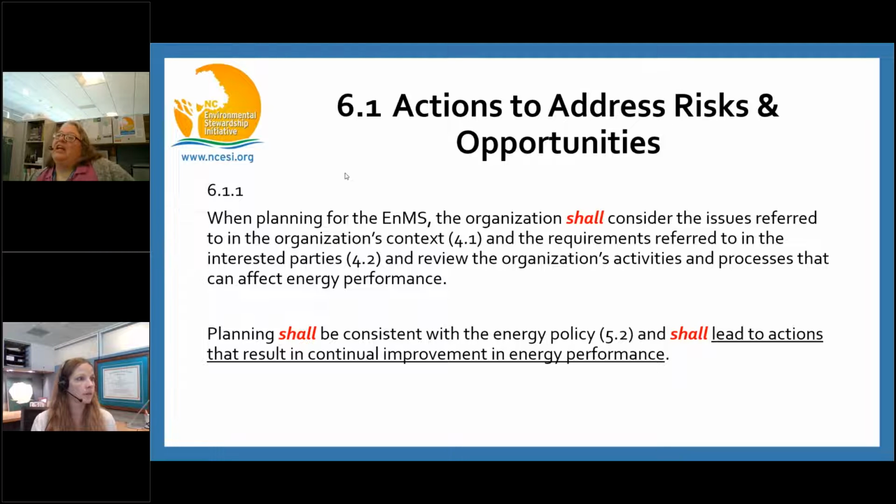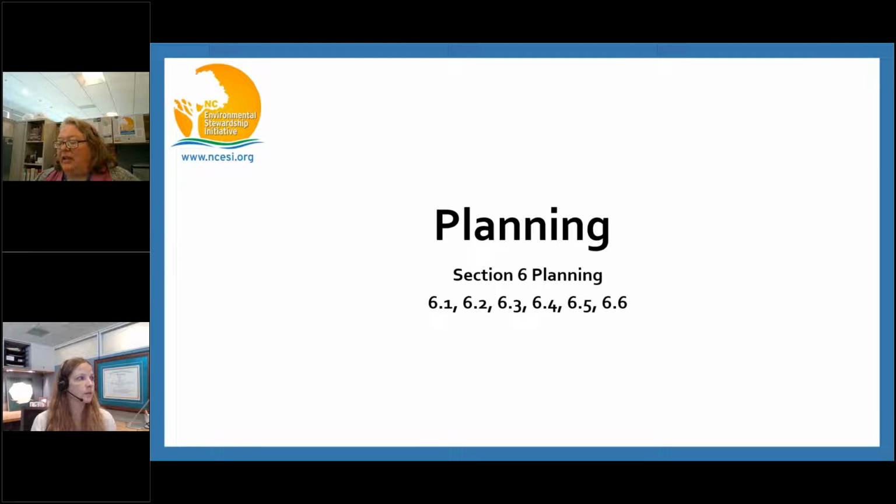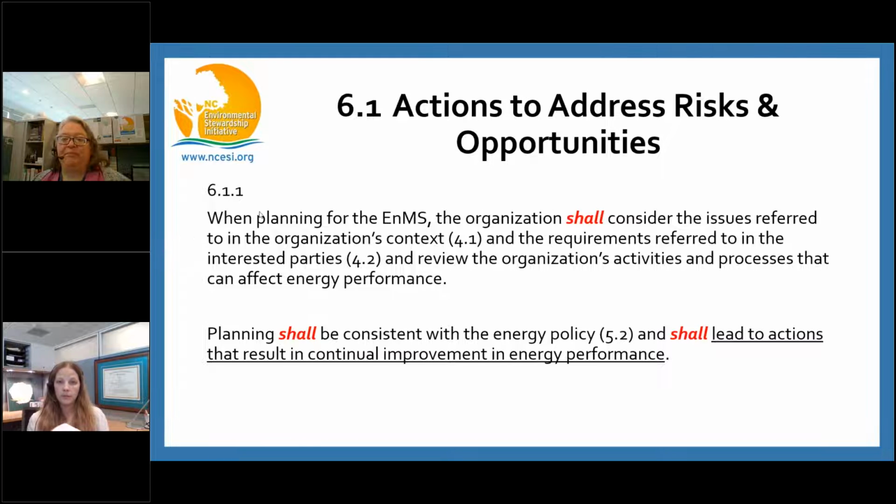Okay, great. So remember back from the beginning of today when we were talking about the plan, do, check, act cycle. What Davey just went over, those 2 sections, were that framework piece. So what I'm going to do is go over planning today. We'll do the plan section, and then tomorrow we'll go through do, check, and act. So let's move on to that.